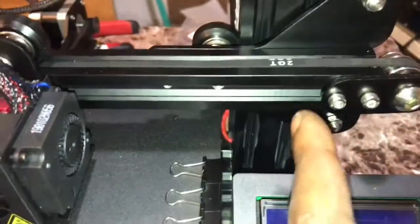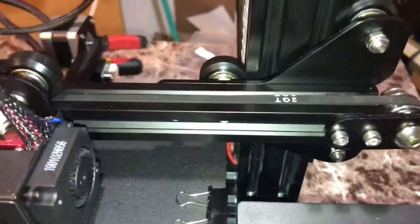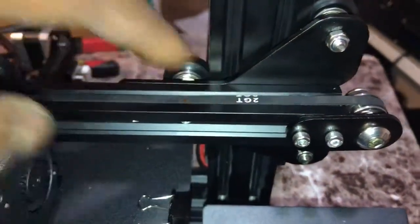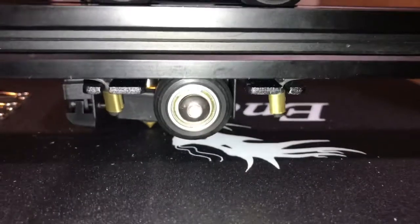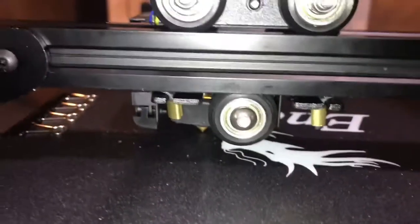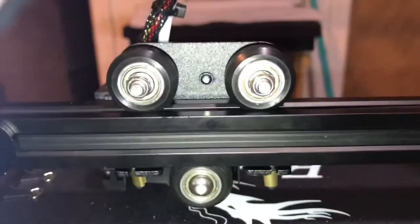Alright, so after installing your idler, which is this part right here which comes with the screws and one of the clear bags, you would also find a bag with your belt that goes around the X-axis motor, right? After that, we're just gonna pull it around. Let me show you as I mentioned, pull it around, tuck your first corner in here, pull it all the way to the other side, all the way over here under the wheels, push it through all the way to the other side of the axis, to the axis motor,